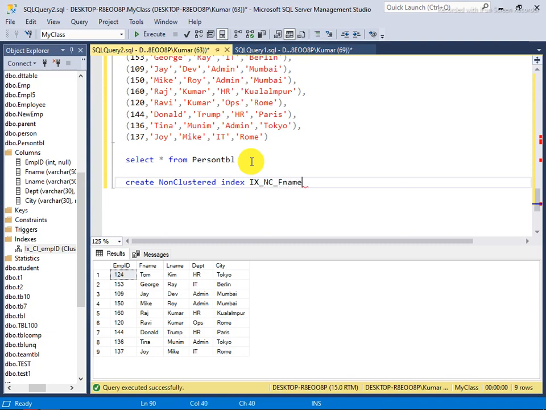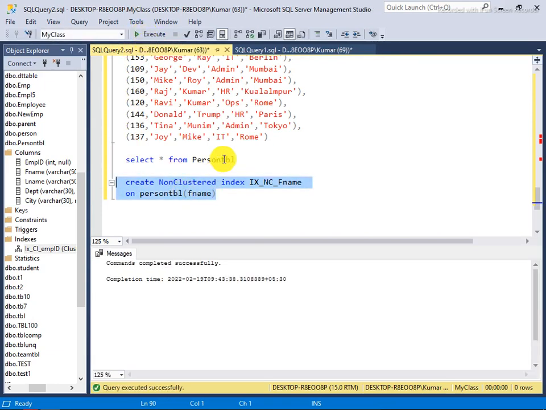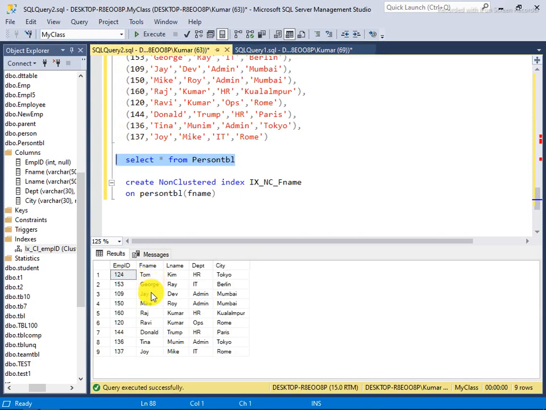Now I say which table you want to apply it to. Then I will say on person table, and I say f name. Okay, so you will notice that I'm making an index on this, but I'm not going to make a clustered index, so it will make a memory in another location. Now the index has been applied, but you will notice that data is not ordered here, not physically.